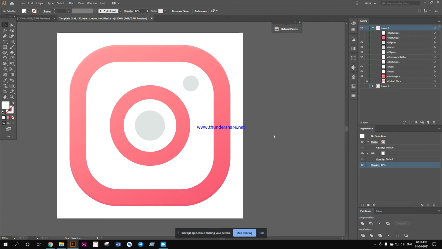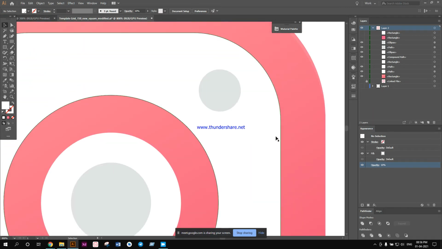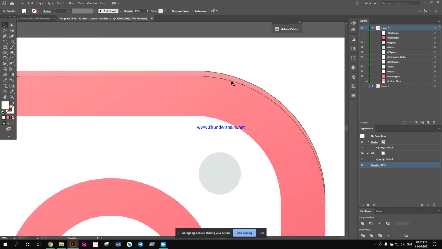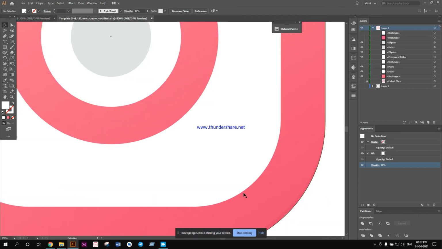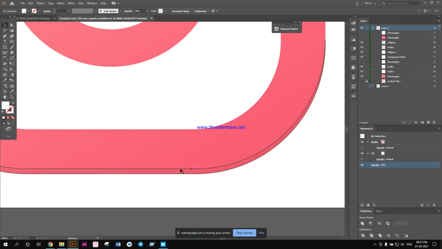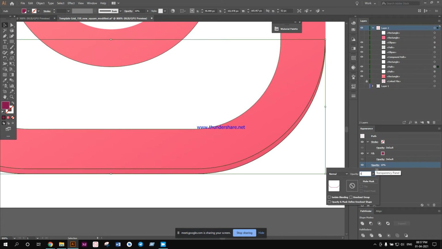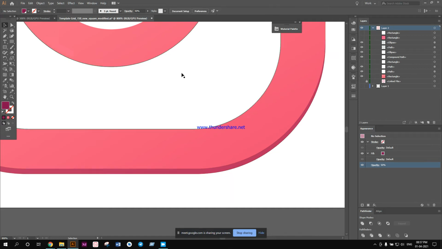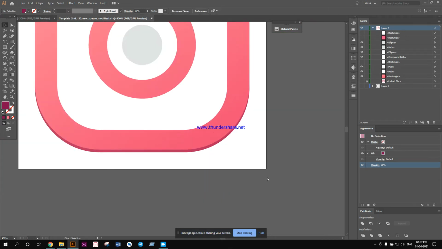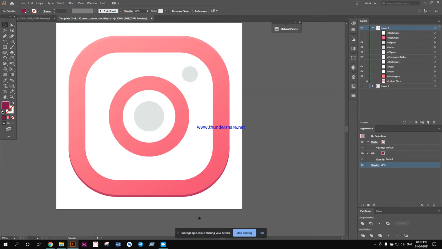Now you see over here what I was talking about. There is a whitish kind of edge, and on the bottom part there is a darker edge. I just change the opacity to something like 50% so that you see something a bit dark. That's what sets that icon design apart. It gives more depth to the icon.